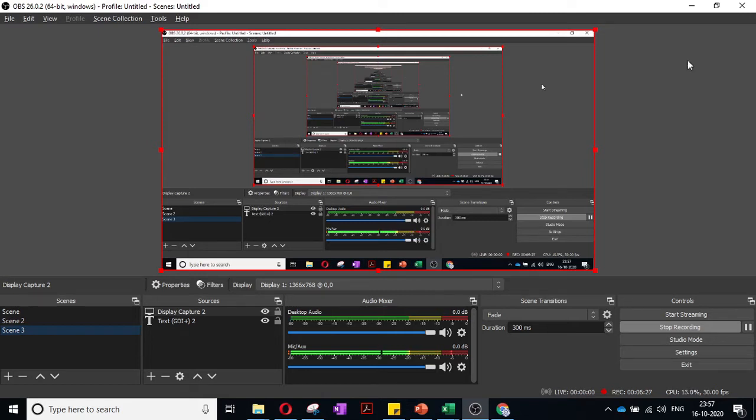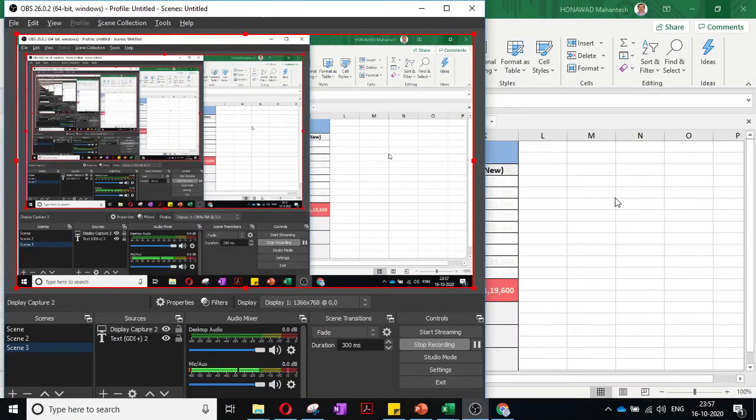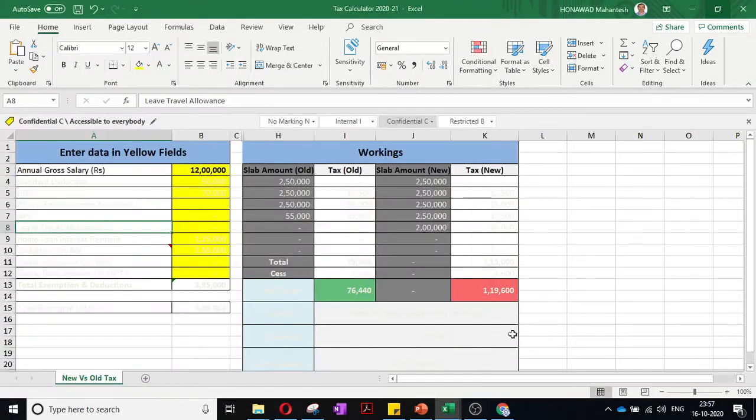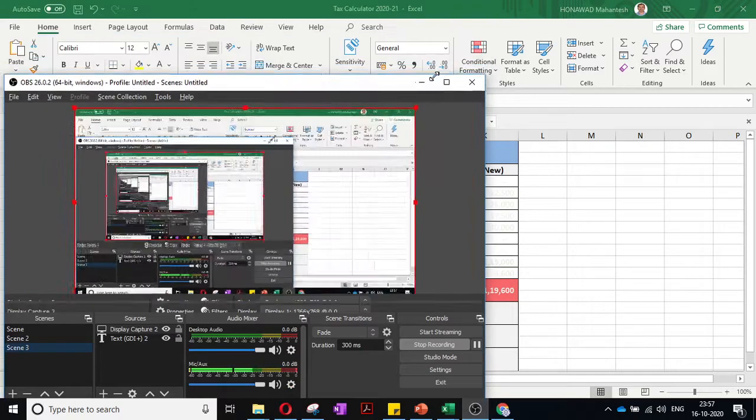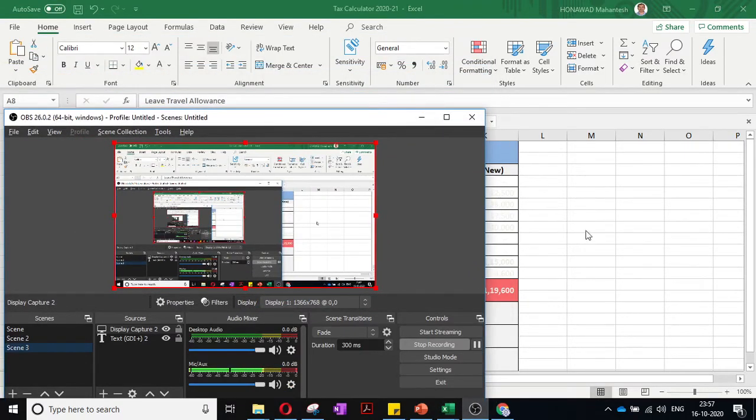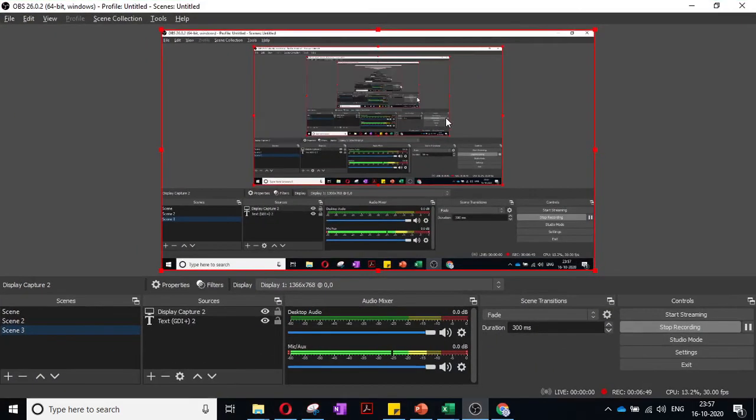It will show like that. Just to make sure, I will show how it is looking. See, this is my desktop. I have minimized this window. Whatever I am doing on the desktop is being captured now. Understood. So I will go back. This is how my screen looks.